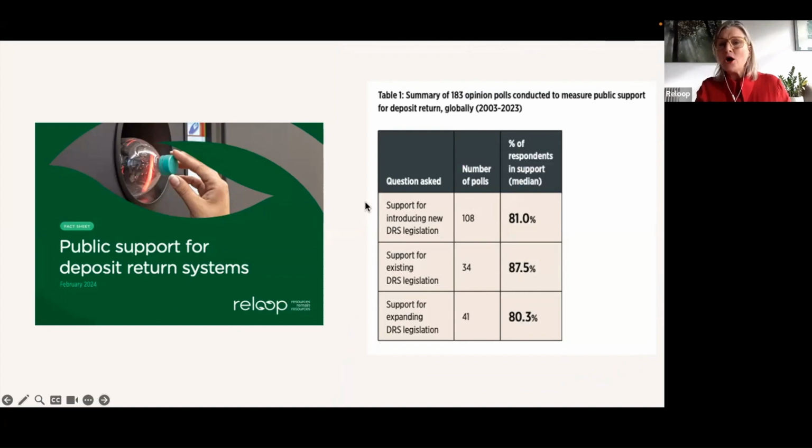And you can see overwhelming support for introduction of deposit return, support for any existing deposit return programs in those countries, and where there's an expansion on the table, support for expansions, meaning the scope of the containers covered or the types of beverages covered. So just to show you the evidence to show that there is significant public support for DRS with studies used over the last 20 years.